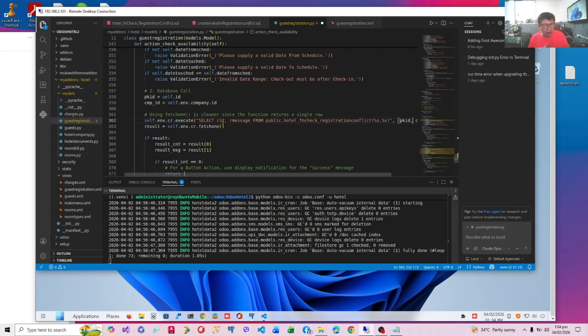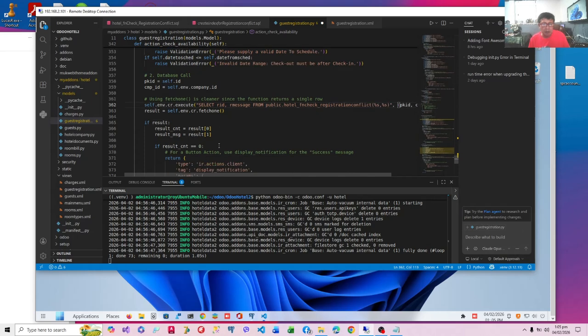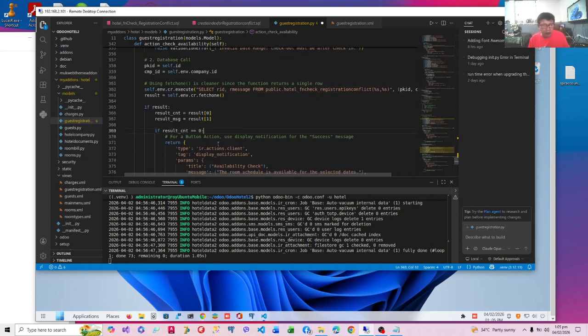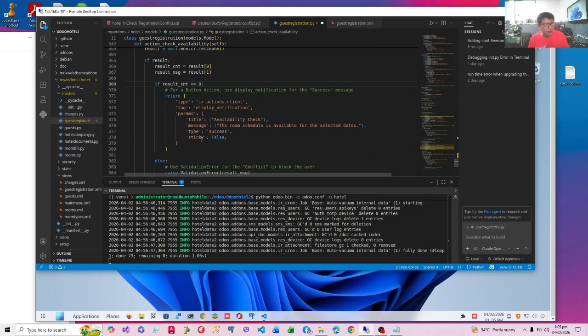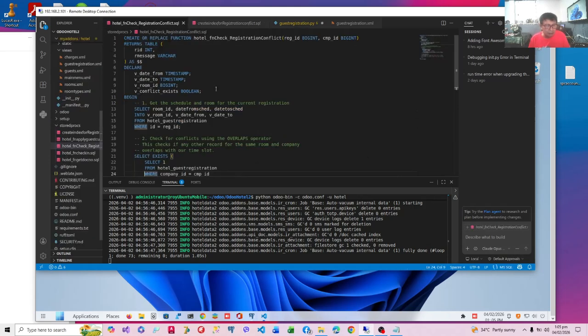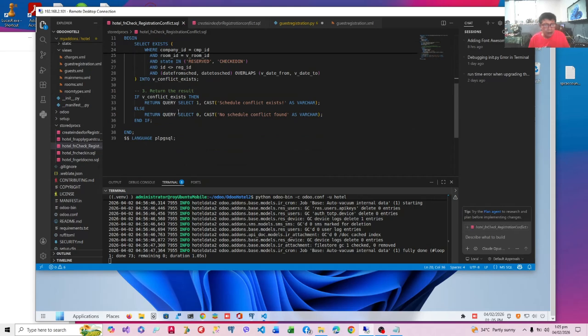Okay, and then result. Since we are using fetchone, it is like ensure one. This will convert the list into our one record. Incidentally, one record here has two fields. Okay, the first is the count, the second is the message. So when you say if result, this means that result is not null, which means a result has been fetched. We only need one result. If result is zero, there's no conflict. Okay, let's check that. Let's check that up. Yes, when result is zero, there's no conflict.